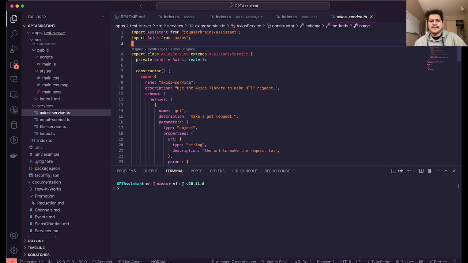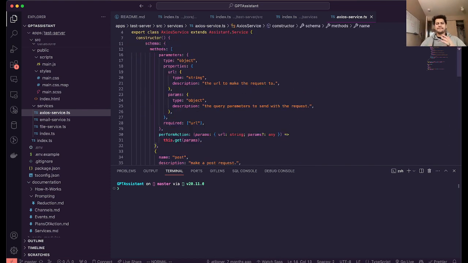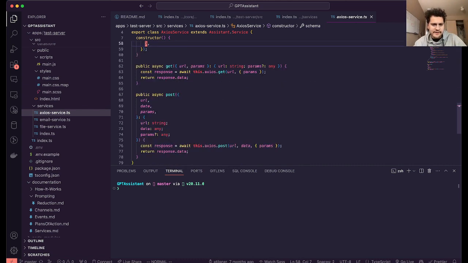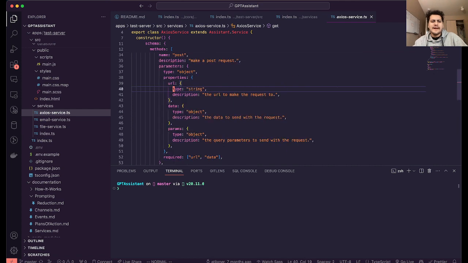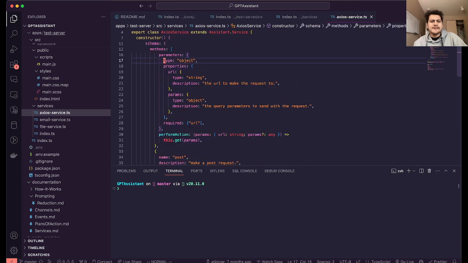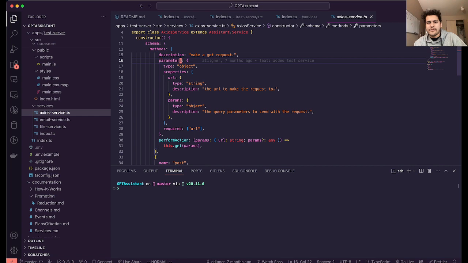So that's sort of the idea here, is a service is implemented as a class. Class has a bunch of different properties on it, different methods available, but the way that they are actually defined and then later performed by the model is through the JSON schema